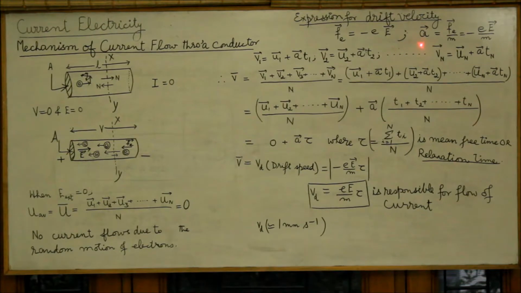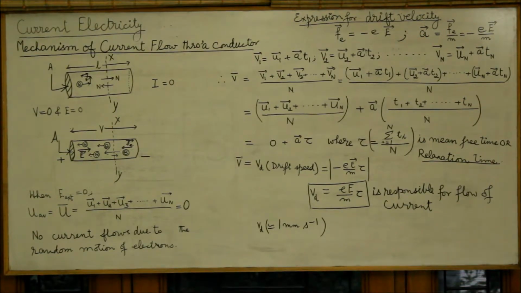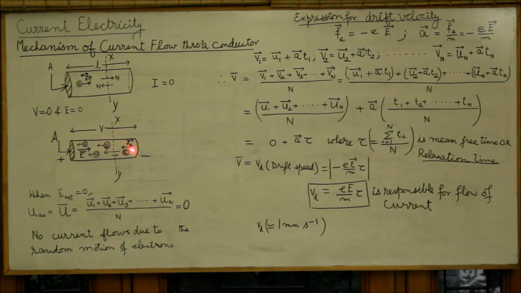This gives an acceleration to the electron. By Newton's second law, acceleration is force over mass, that is Fe by m, equal to minus e into capital E, the electric field, over m. This acceleration caused by the force is against the direction of the field. That is, the electrons experience a force from right to left. As a result, they will be experiencing force and acceleration towards the left.